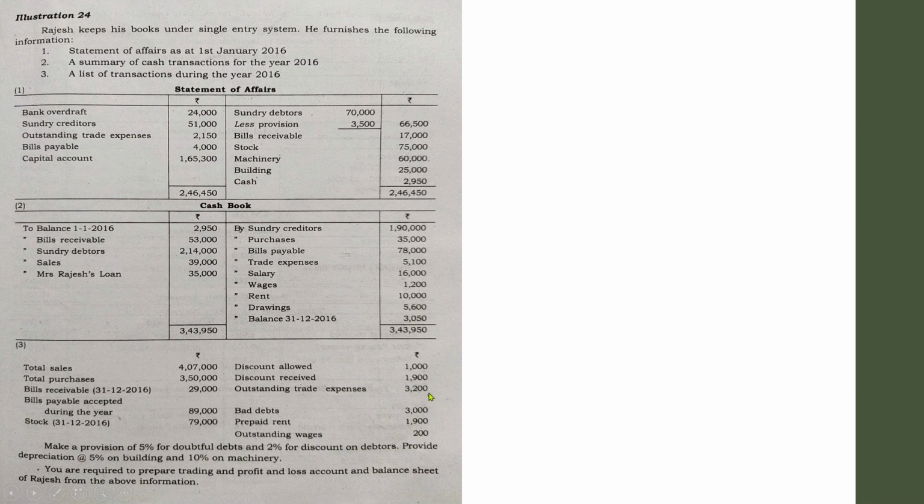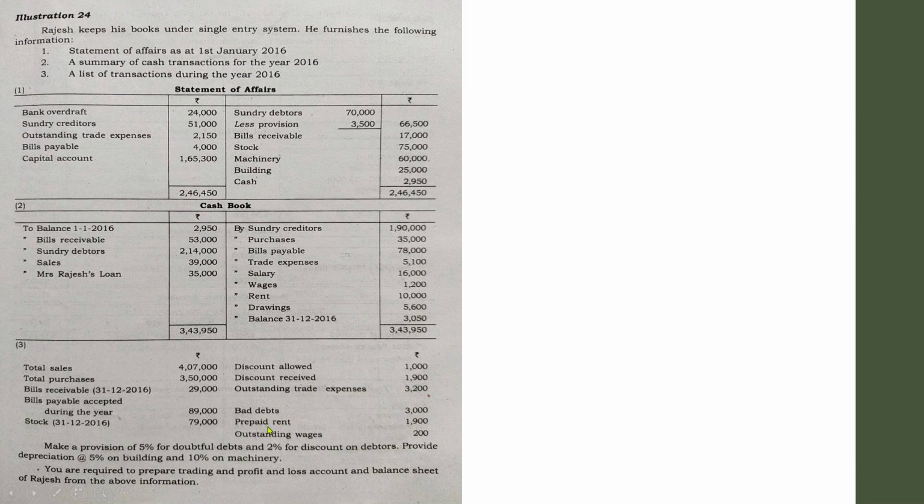See, in the previous cases we have seen that details regarding assets and liabilities, that is opening and closing balance, will be given in a peculiar pattern: with opening date its amount, with closing date its amount. So we can easily find out. But in this question, the opening balance can be found out from the statement of affairs. The closing amount is not mentioned here, but instead outstanding trade expenses is given. So you need to make sure whether this amount has to be adjusted or not. We will come to that part anyway. Go through each piece of information given in the question very wisely.